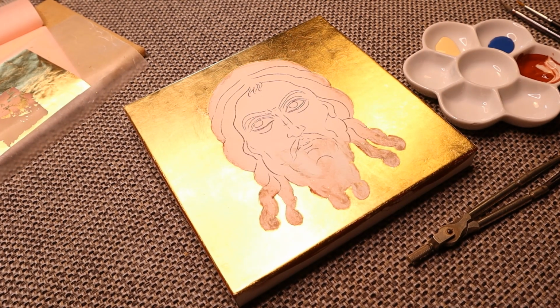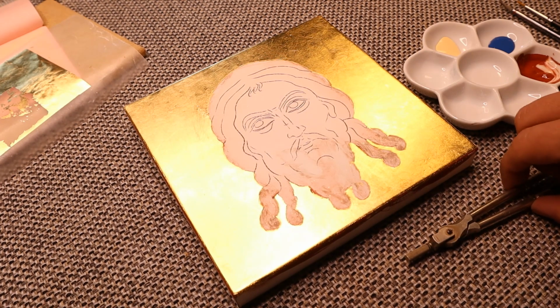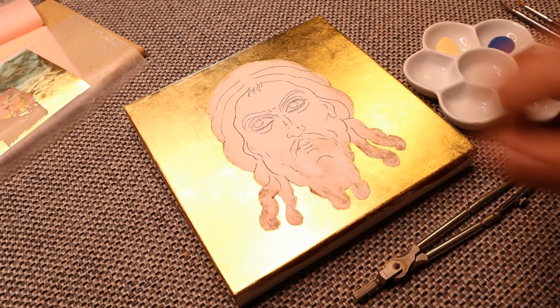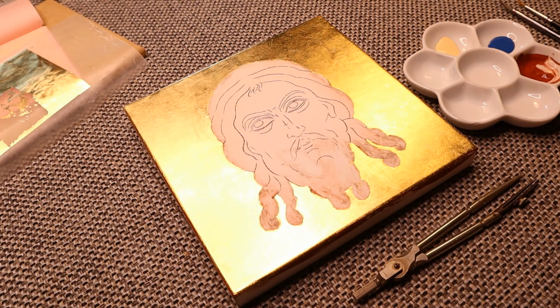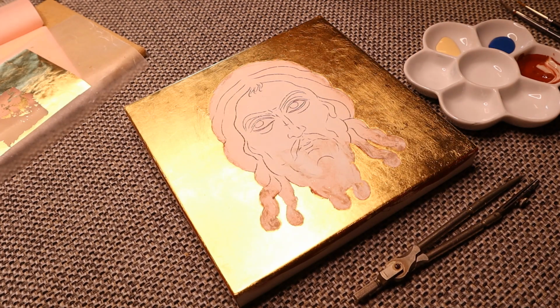The last stage of the process will be putting in the circle of the halo, the inscriptions, and any decorative elements that you want on your icon. So gold leaf is a wonderful material. It's very, very durable. It repels water. It's the reason why, in the medieval world, in the ancient world, they would actually gild